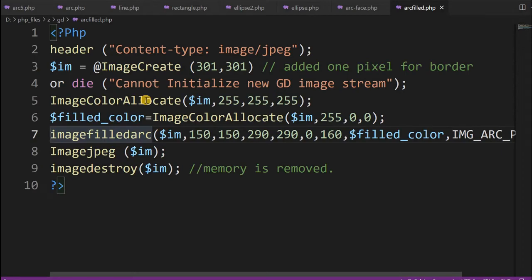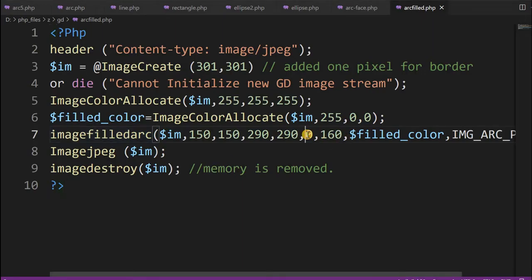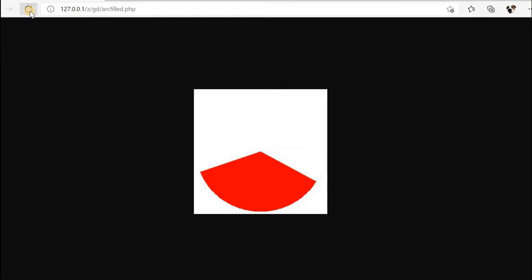Let's see how it is. I just saved it, going to the browser, refreshing it. Yeah, you can see this. This is the 0 position, the 3 o'clock position. Now it has gone to 160. If you had given 180, it would have been a perfect half circle. Because we gave 160, it has completed there. Now we can change it here. Instead of 0, let's start from 30. I have given 30, now let's refresh it. You can see it has gone. So this is the concept of start angle and end angle, and you can create that.